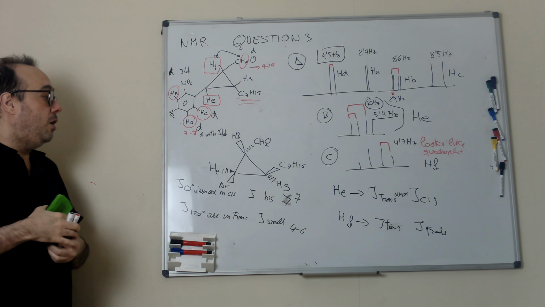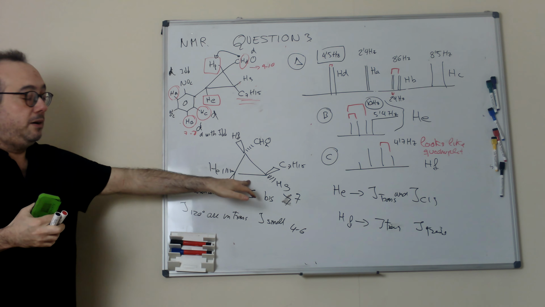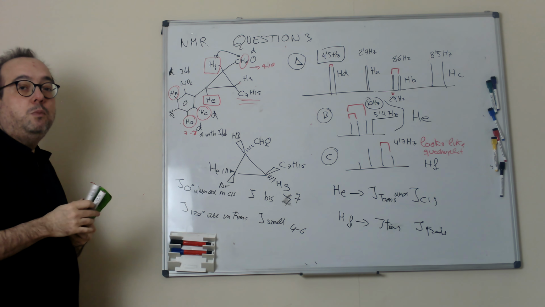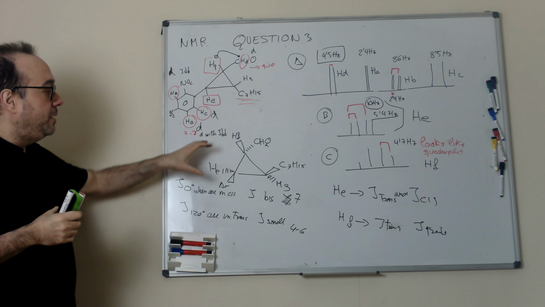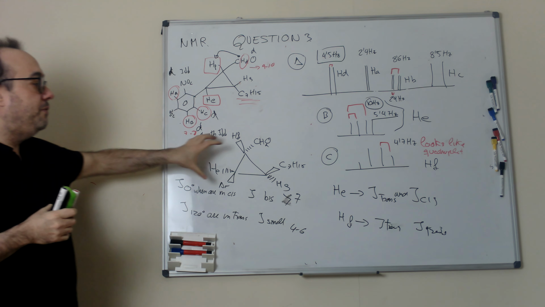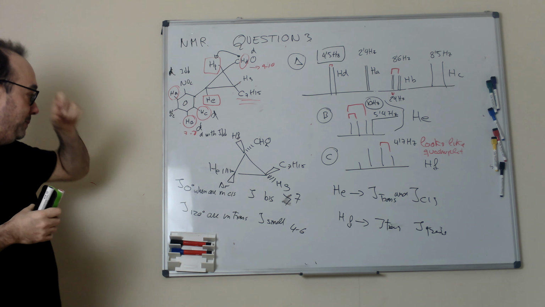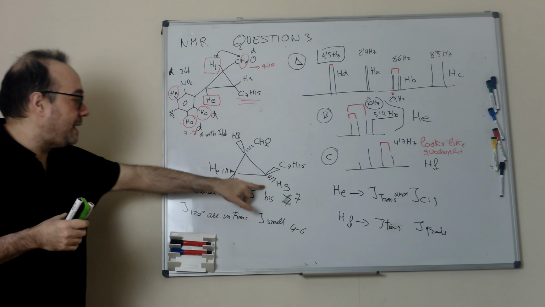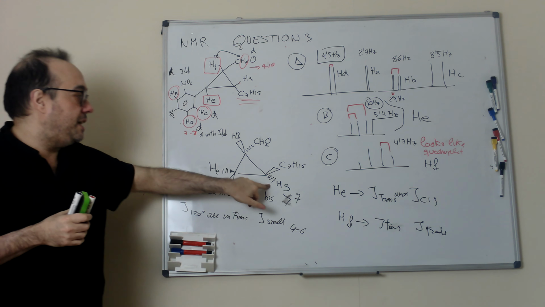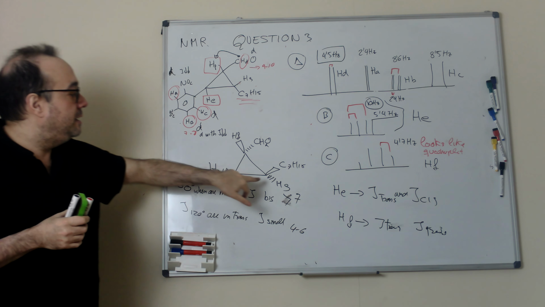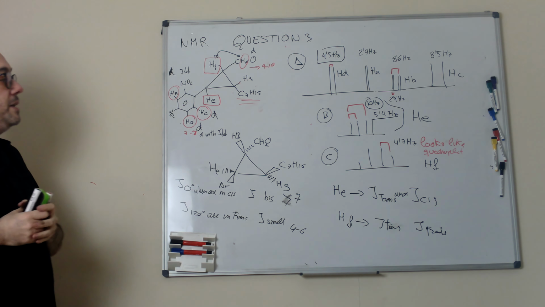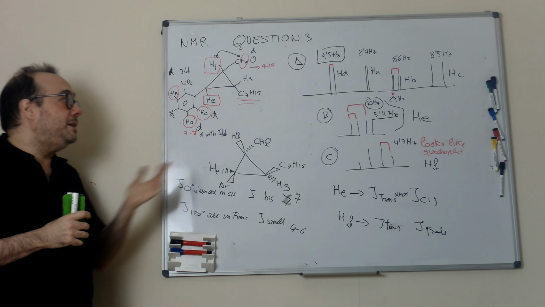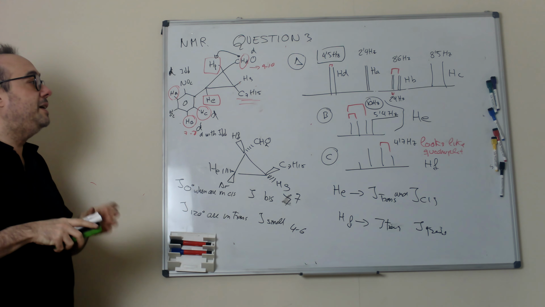Okay? Obviously here I draw one enantiomer, but we have a mixture of enantiomers. That means by NMR we cannot know which is the enantiomer. We can only have the relative configuration of the final molecule. But the relative configuration has to be this: HF trans with HE and HG, and HE cis to HG and trans to HF. Okay? I know that it's quite complicated, but if you go step by step,